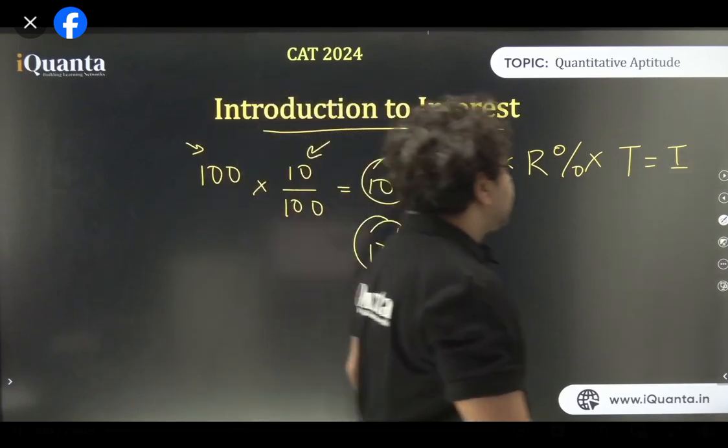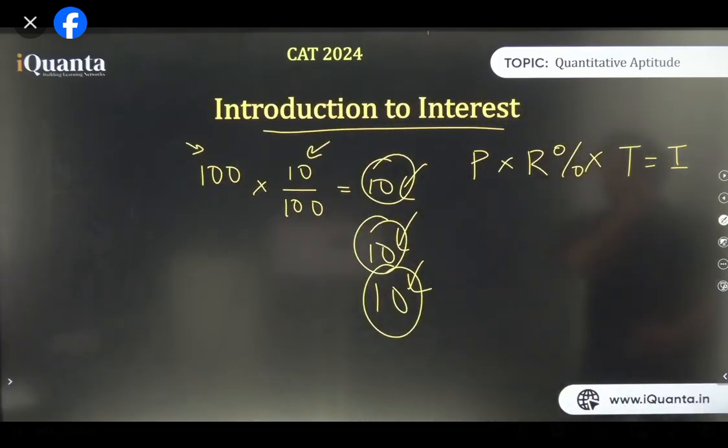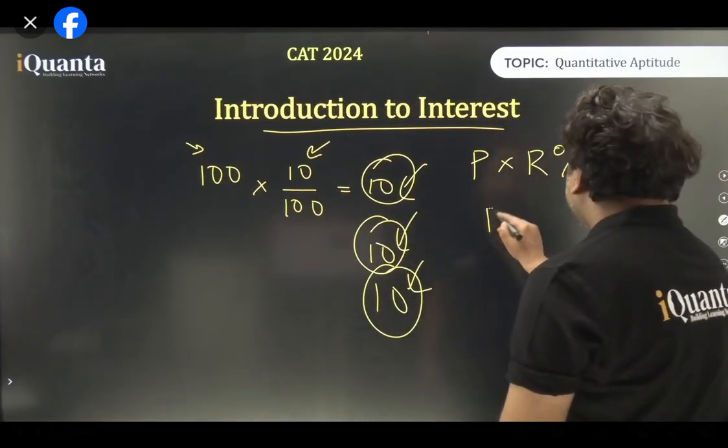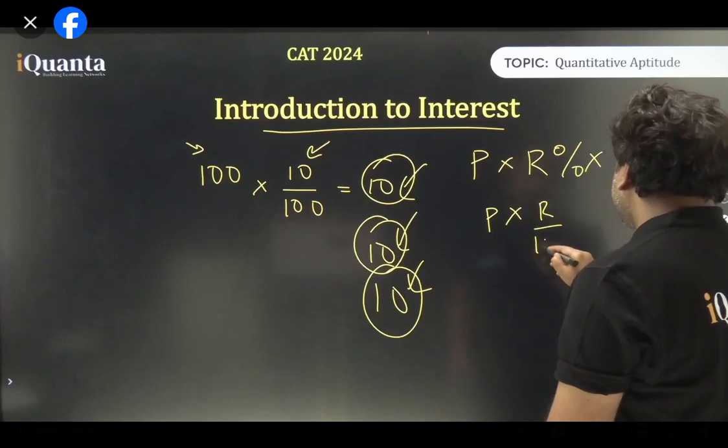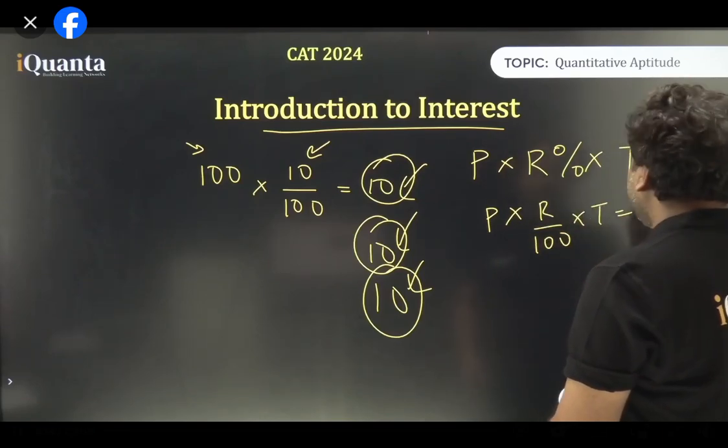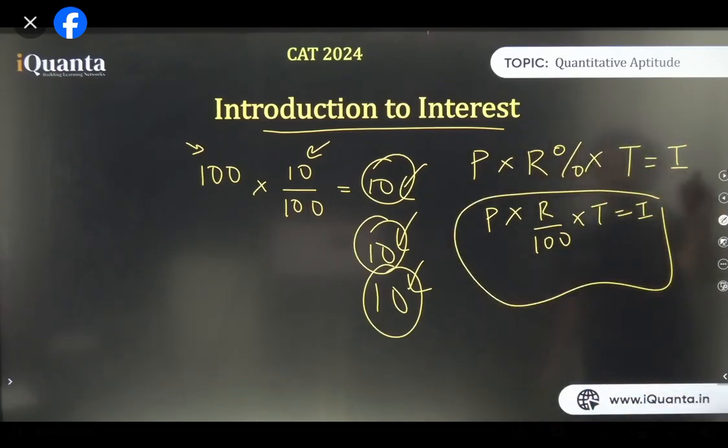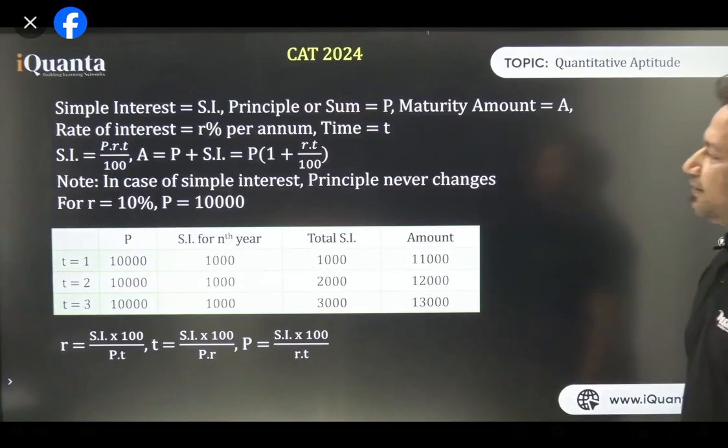Okay. Coming back to the topic. P into R % into T. So whenever we have percent, you all have done that. This will be nothing but division by 100. So we create our first formula. People call it formula. I call it generalization. It's nothing but plain logic. Well, so let's understand by simple example.